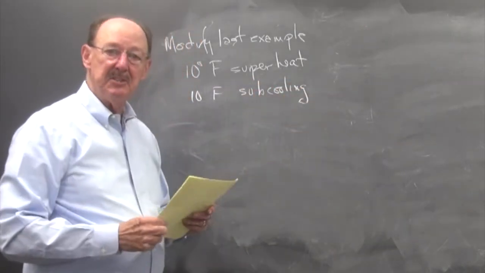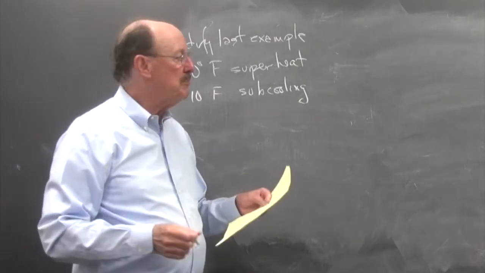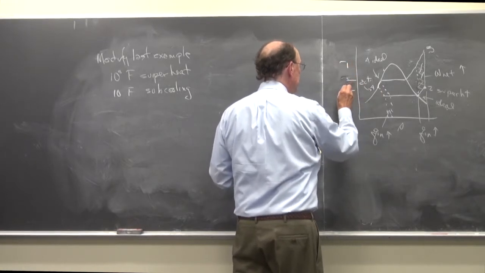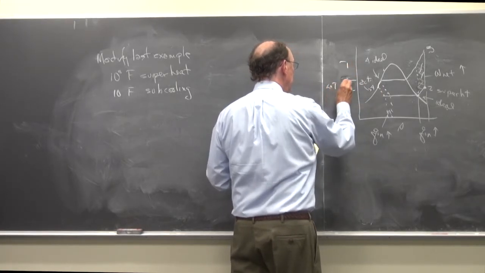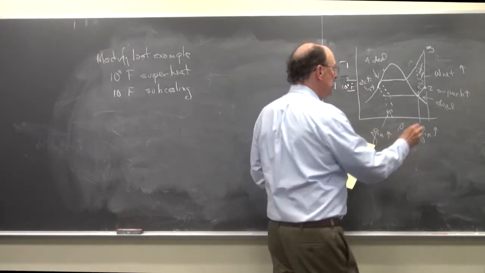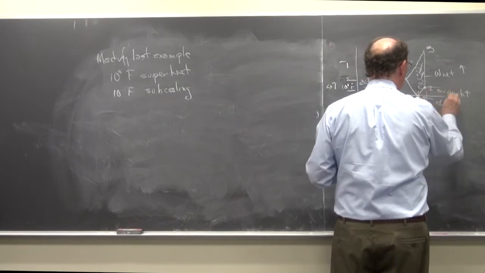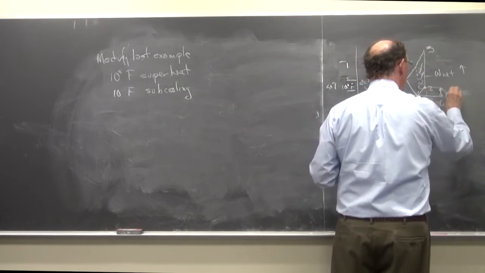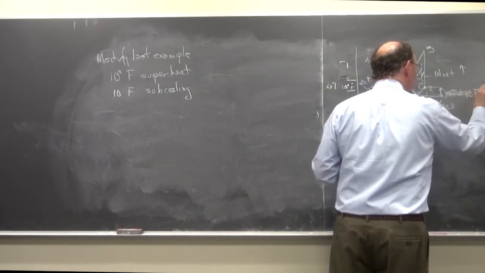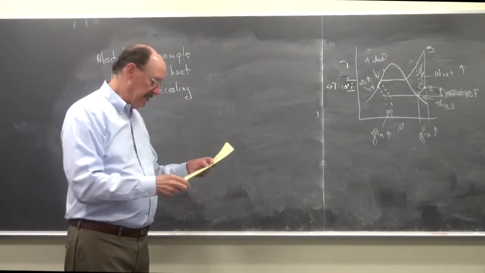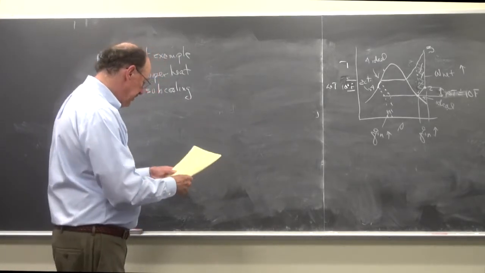Now, when it says this, sometimes people are confused by this. So this 10 degrees refers to this distance. This was your delta T of 10 degrees Fahrenheit. And similarly, the 10 degrees of superheat, so it isn't 10 degrees Fahrenheit, it's we're changing that value by 10 degrees. So if I look at this,